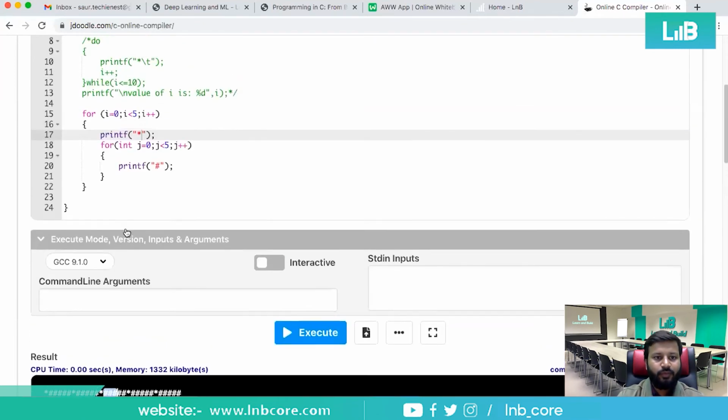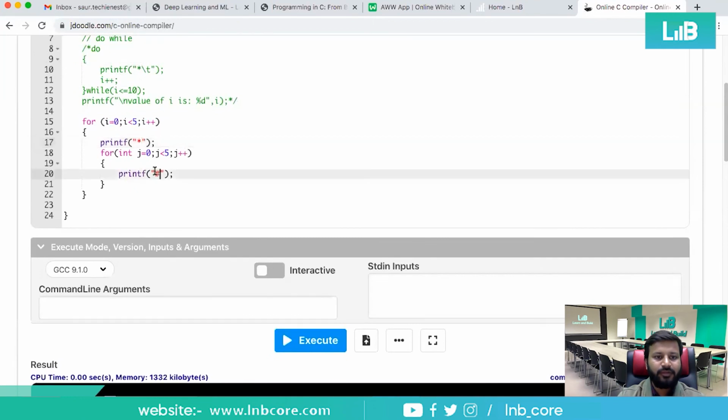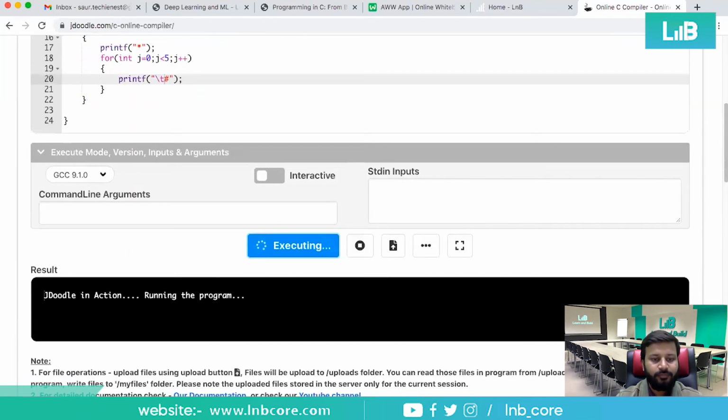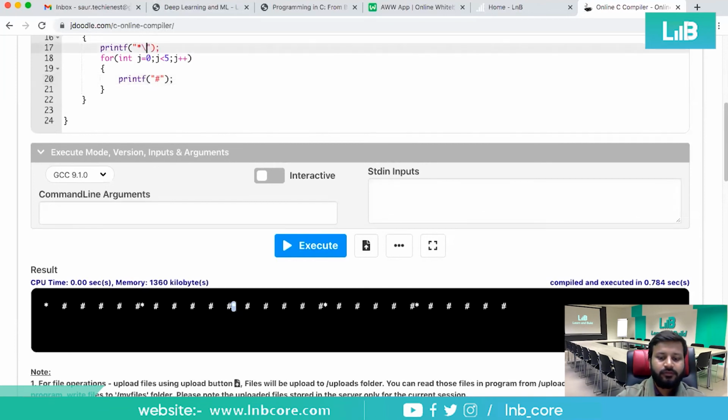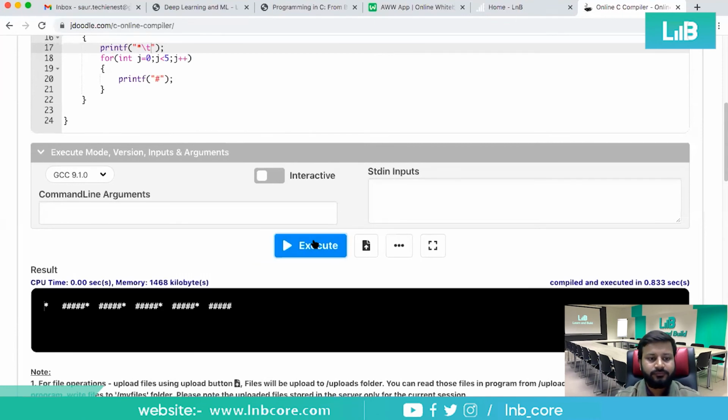What if I use \t here, so that you can get to know this. Yeah, so star here, 5 hashes, and then both are coming near to each other. Then again 5 hashes, and again near to this. Let me change this place to \t, so it will give you different outcomes.